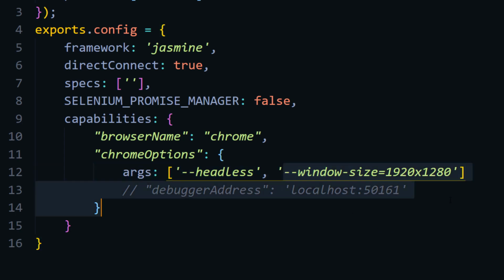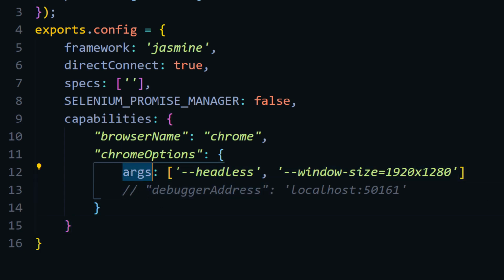Here we have to mention the window size as well. So window hyphen size, followed by the resolution of your screen, or it can be any resolution, but make sure you give it a large size. Don't give something small like 720 or 640, because with a small screen sometimes the UI doesn't fit, and when running in headless mode we'll most of the time get element intercepted. To avoid that, we are using this window size, setting the screen resolution to the maximum height and width. So it's going to be very simple. Within the Chrome options, you have to give these arguments. I will check in the code on GitHub, so you can check from there as well.